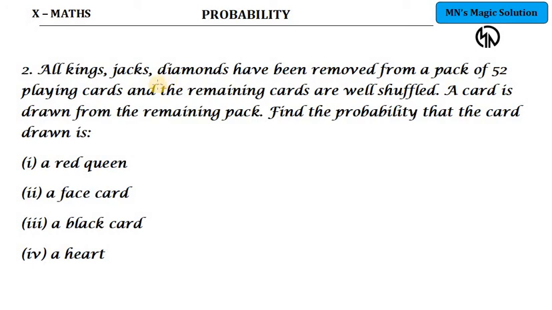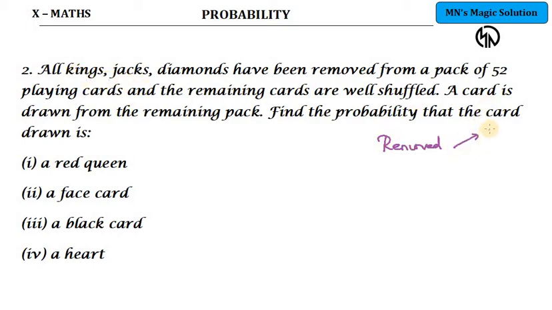All kings, jacks, diamonds have been removed from a pack of 52 playing cards and the remaining cards are well shuffled. Now you take a card from the remaining pack and we have to find the probability. So which all cards have been removed, you have removed